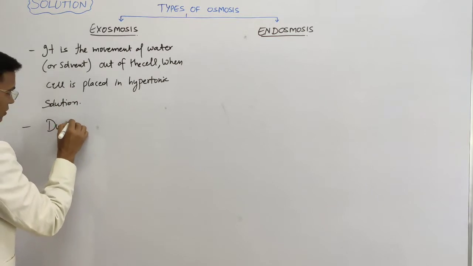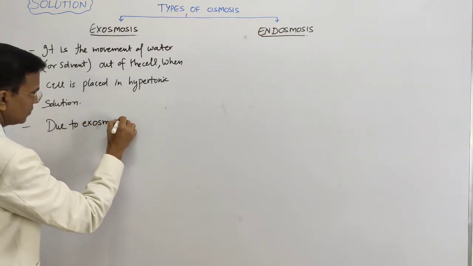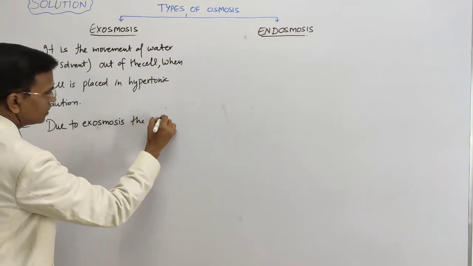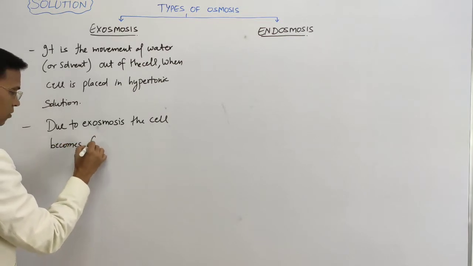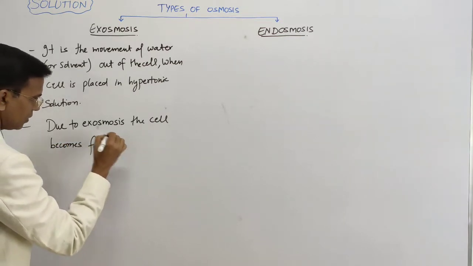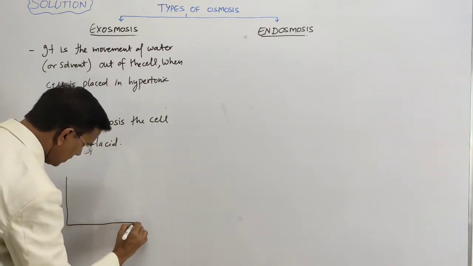Due to osmosis, the cell becomes flaccid, right? As you are going to see in this diagram,